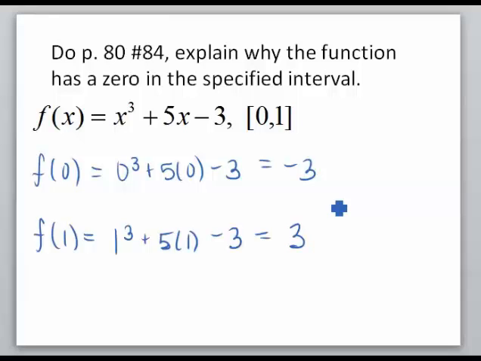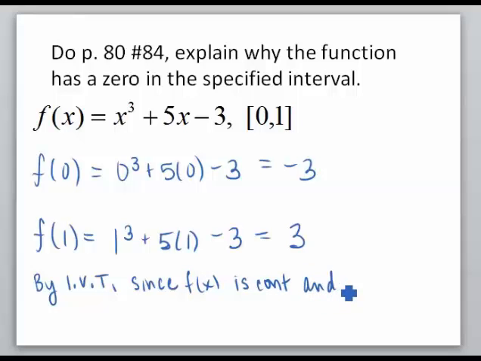So how do I know this has a 0? It is because of the intermediate value theorem. So we'll say that by the intermediate value theorem, since f of x is continuous, we know it's continuous because it's a polynomial, and f of 0 equals negative 3, and f of 1 equals 3, so f of a is equal to negative 3, and f of b is equal to 3, then